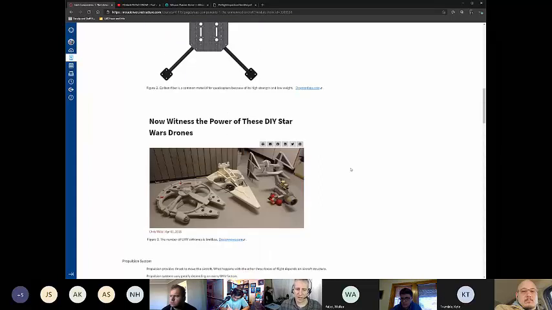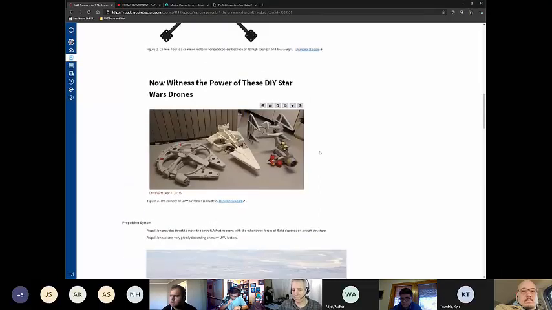And then this last figure, I really just want to throw it out there because I want you guys to think about there's everything under the sun here for UAVs. And just when you think you've thought of everything, all that really means is you're not digging deep enough, all right? And so these cool Star Wars UAV frames are really just ready for some motors and some other components to get